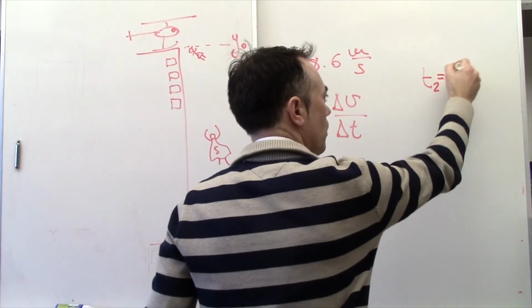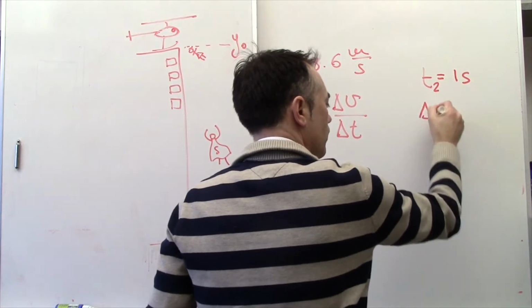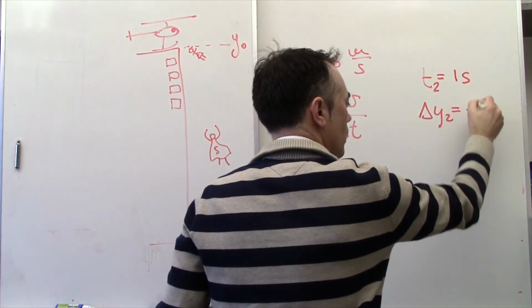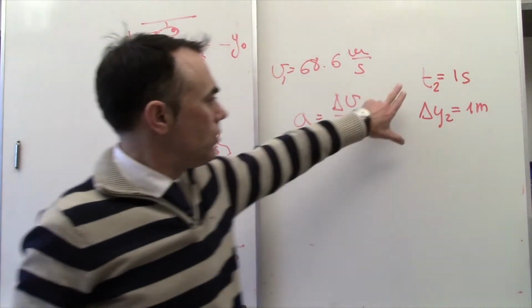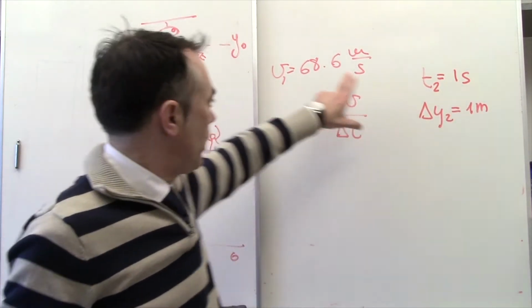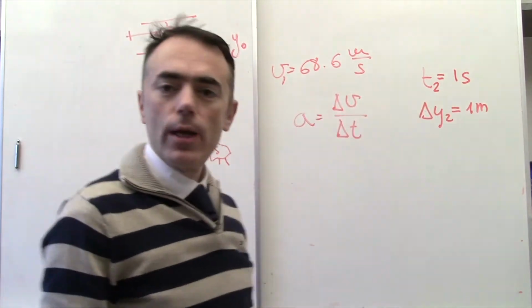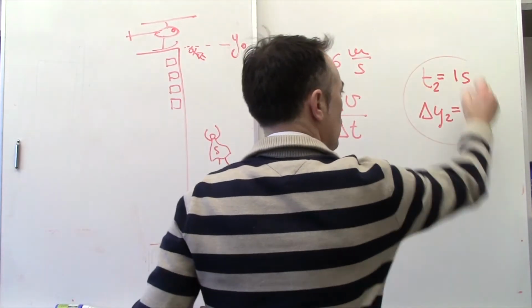That time is about 1 second, and delta distance is about 1 meter. That's what roughly I can tell from that scene. So let's use these numbers to see what we get for the acceleration. In the first case, if time is equal to 1 second,